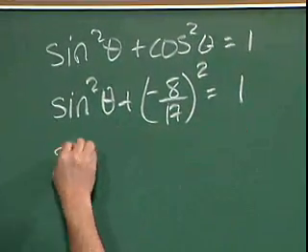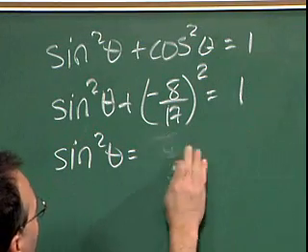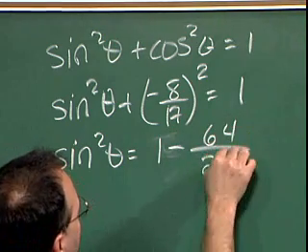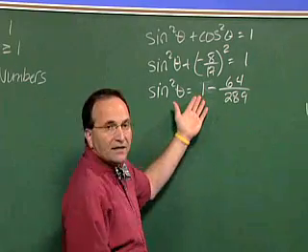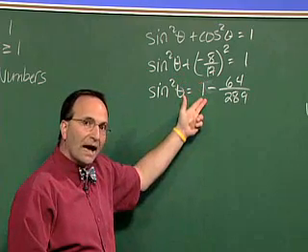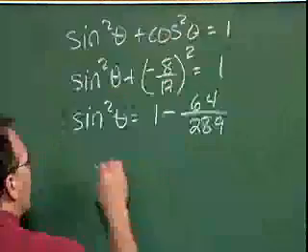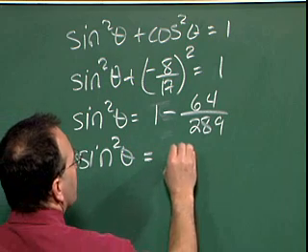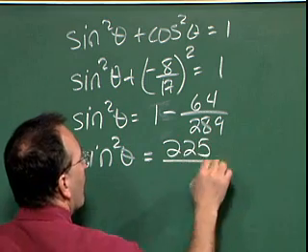So that means sine squared theta is equal to 1 minus 64 over 289. So now we have to change the 1 into 289 over 289, and then subtract the 64 from the 289. So we get sine squared theta is equal to 225 over